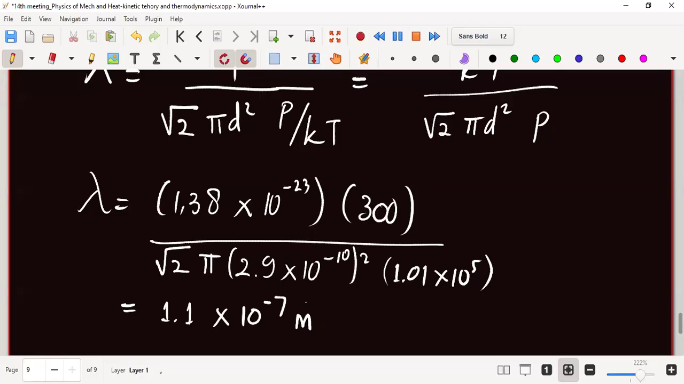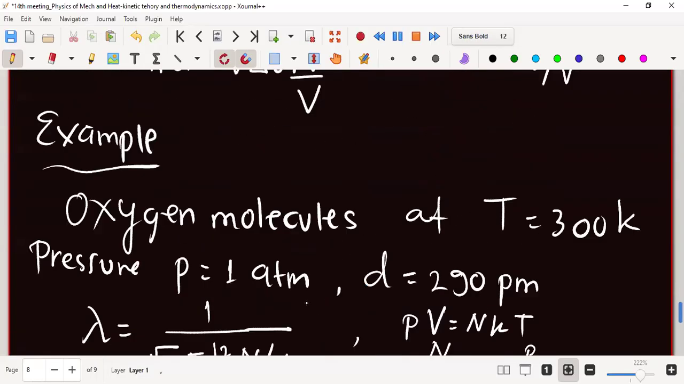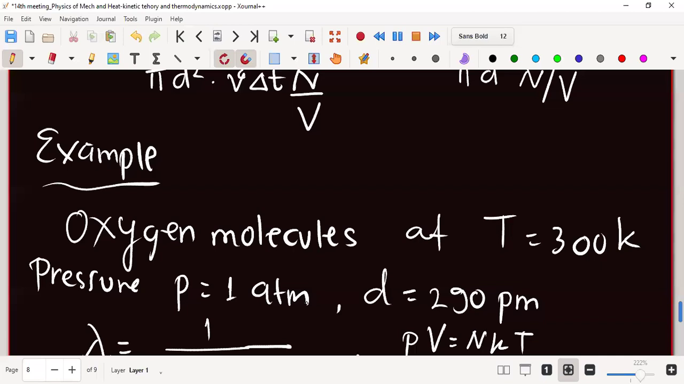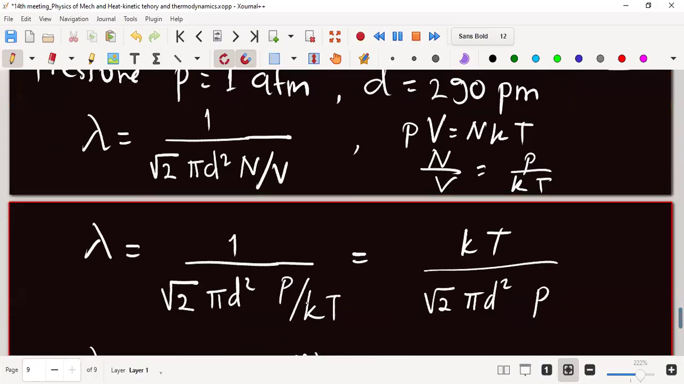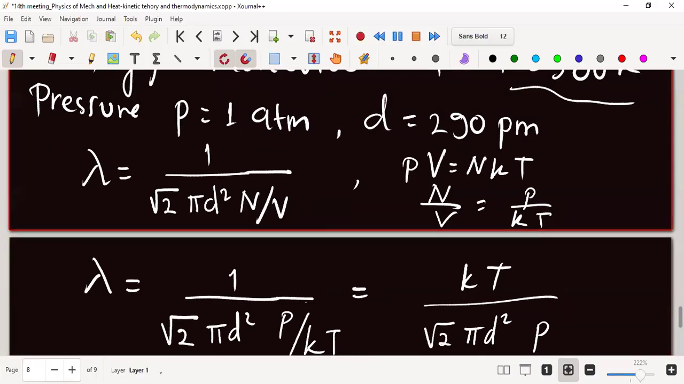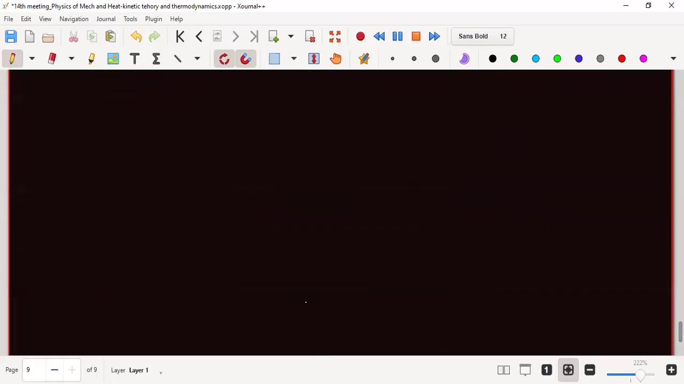Okay, this one is the first question. We can calculate the mean free path of oxygen molecules at 300 Kelvin, and the pressure is 1 atm, and the diameter of oxygen molecules is 290 picometer. And then we can calculate the average time between successive collisions for any given molecule. For example, in this case, we can continue to the second problem, where we can get the V is 450 meter per second,